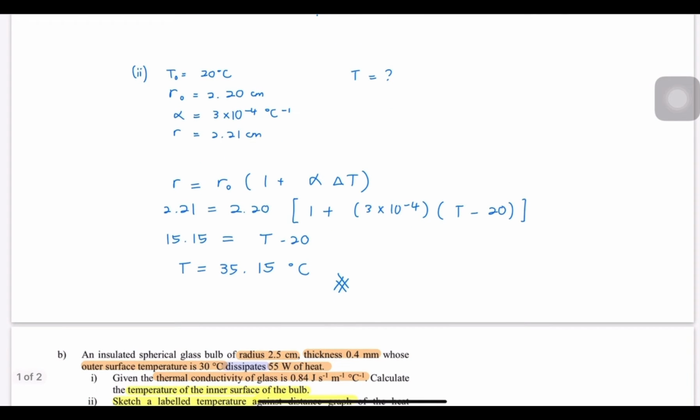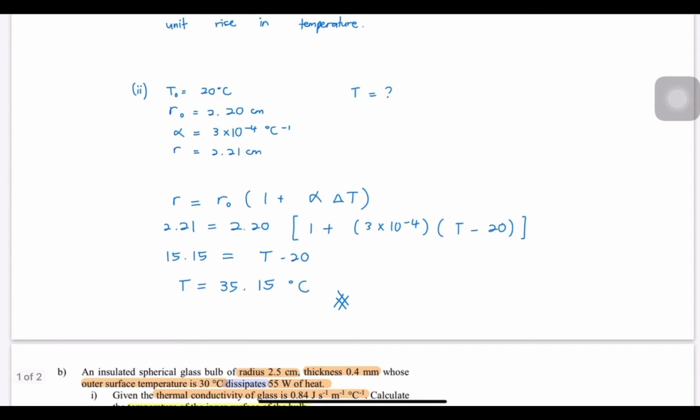We use the formula R equals initial R times bracket 1 plus coefficient times the change of temperature. So we insert the information given: 2.21 equals 2.20 bracket 1 plus 3 times 10 to the power of negative 4 times the change of temperature, which is the final temperature minus the initial one, 20, and we will get